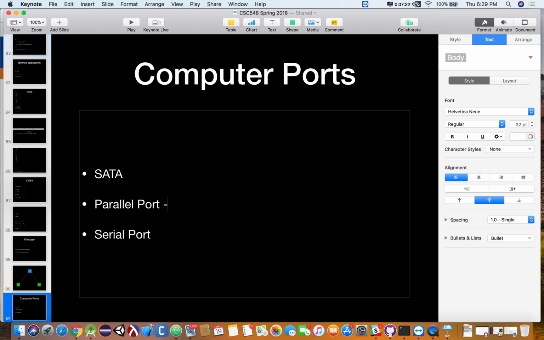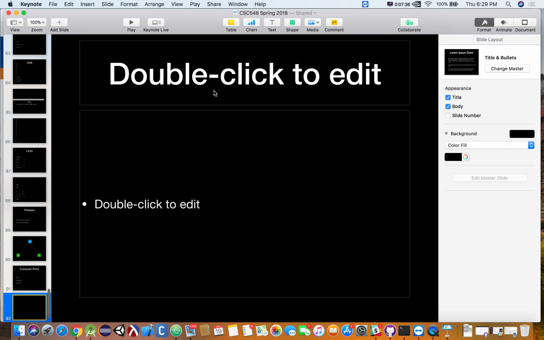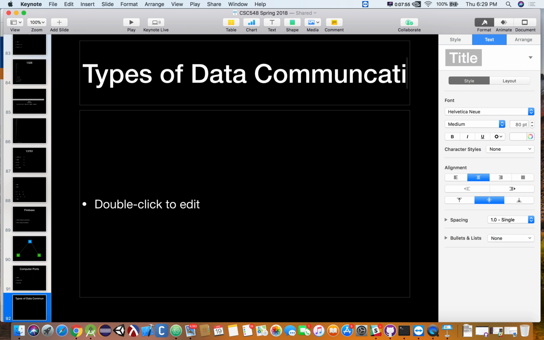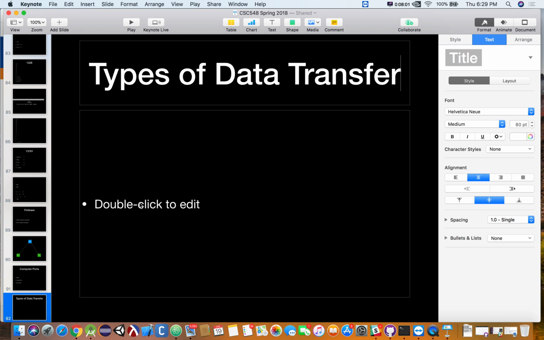Okay. When we talk about parallel, sending data in parallel versus sending data serially, what's that mean? What is parallel data? Because today we're going to be talking about speed. We're going to mostly be talking about speed of memory. But since these other things came up, the book doesn't actually cover this, so let's go ahead and throw it in. Okay, so when we talk about types of data communication, or maybe data transfer. It's called data transfer. That's going to be the better way of putting this.